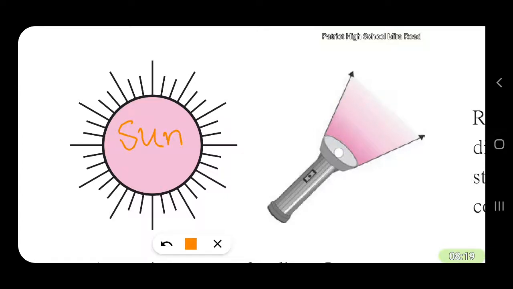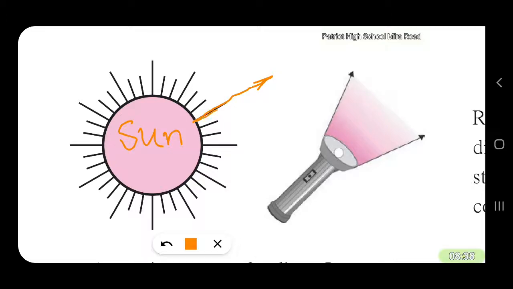The light is coming from here. The light is coming from here. It goes up to infinity. So the sun is very, very far away from the earth. Still, the light is reaching the earth. So,